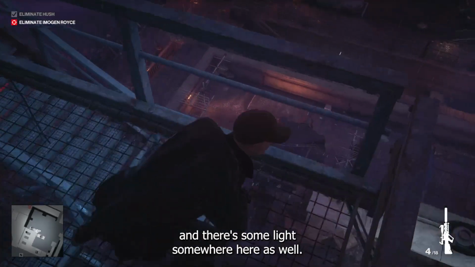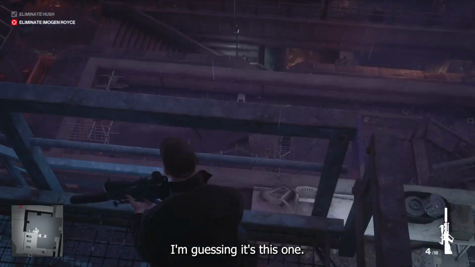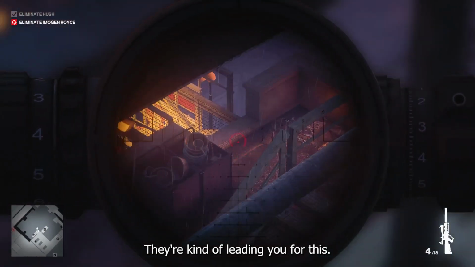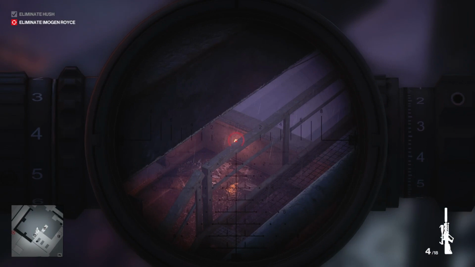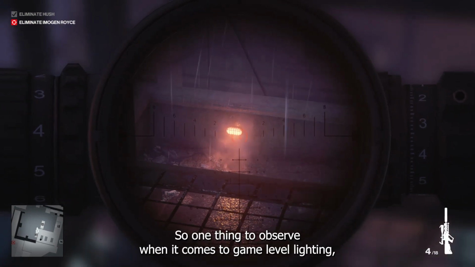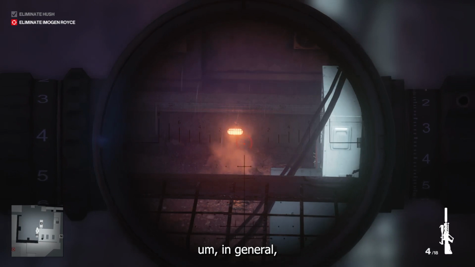And there's some light somewhere here as well. I'm guessing it's this one. Yeah. And then you have a light there kind of leading you over there. And you have these two as well. So one thing to observe when it comes to game level lighting in general